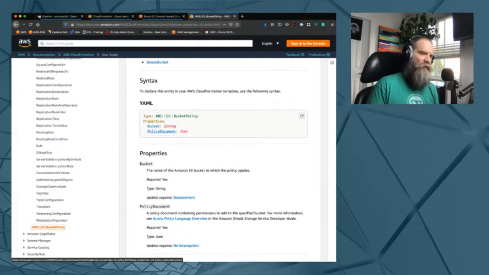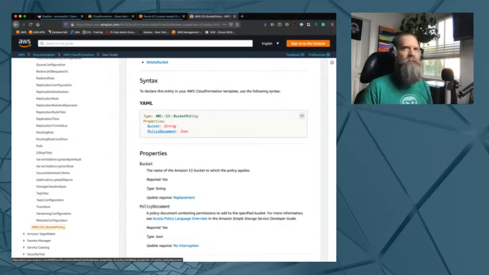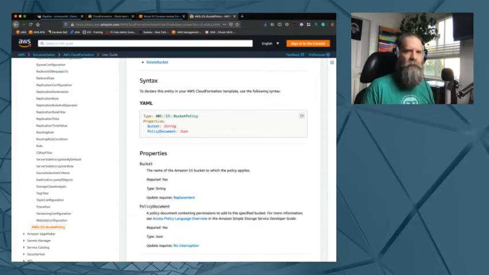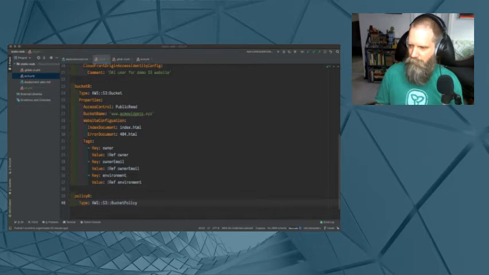So we tend to build these outside of CloudFormation to validate that they're working and then translate them into our CloudFormation resources. So I've got the bucket policy created already. I'm going to cheat a little bit and just do the old cut and paste. Okay. So back here,